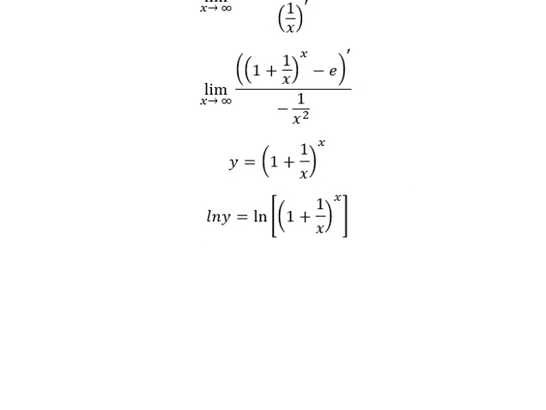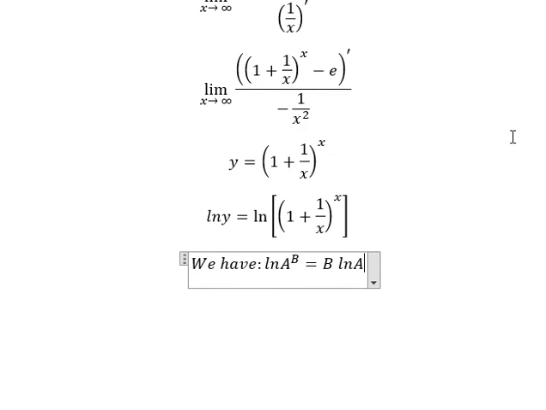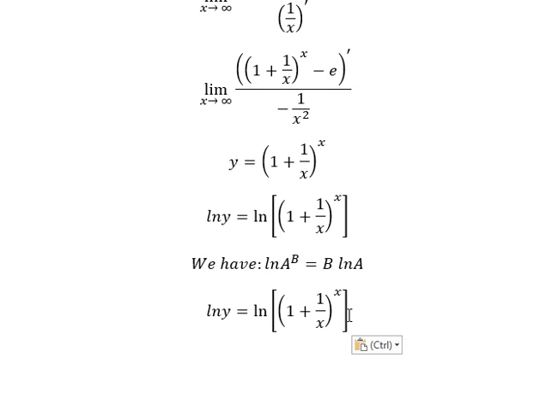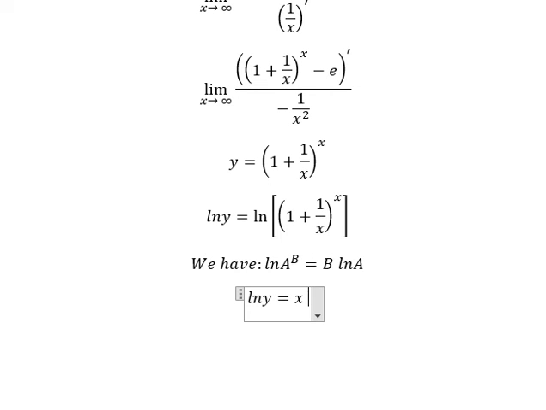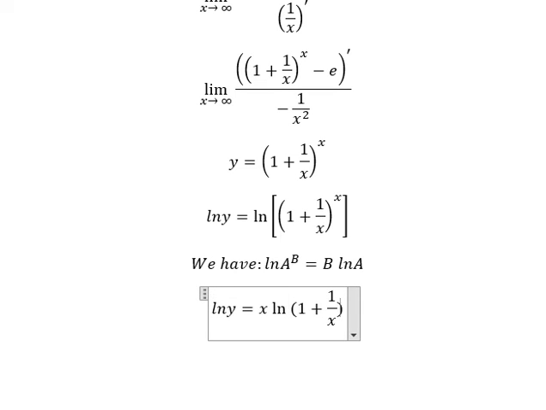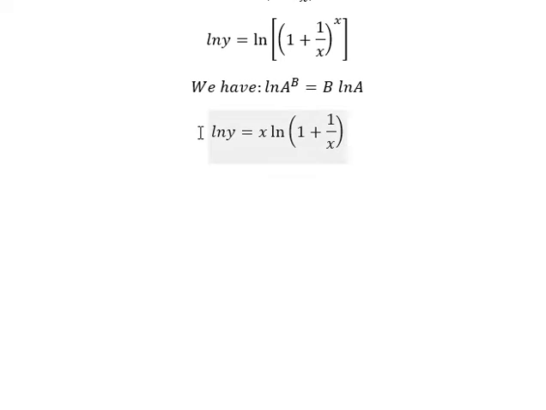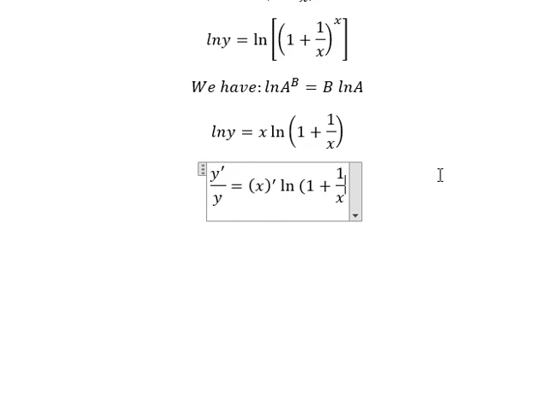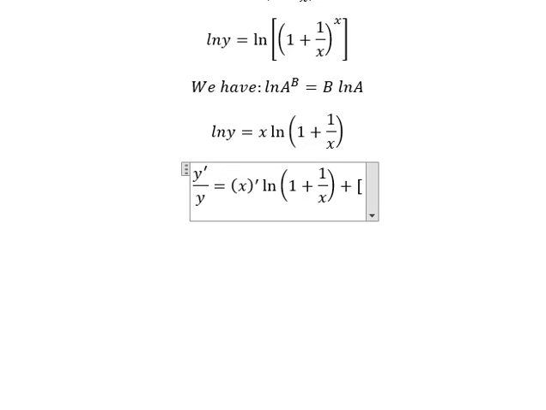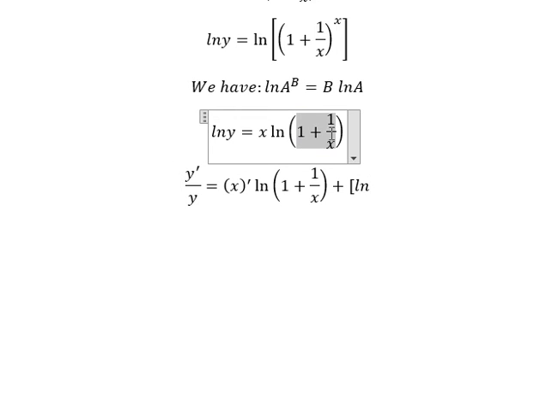Next, we have the formula in here: ln a to the power of b equals b ln a. So, for this one, that is s ln of 1 plus 1 over s. Next, we need to do first derivative for both sides, and we have like this. So we need to do first derivative of s multiplied by ln of 1 plus 1 over s. Later we need to do first derivative of ln of 1 plus 1 over s